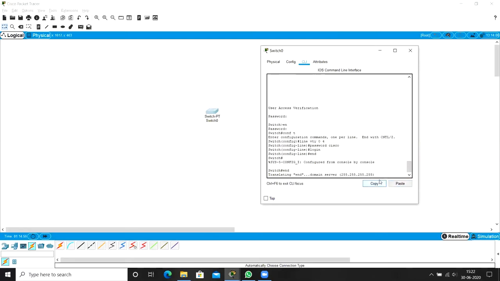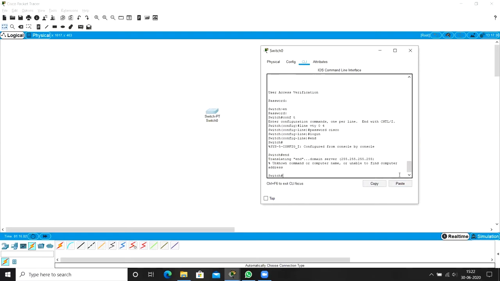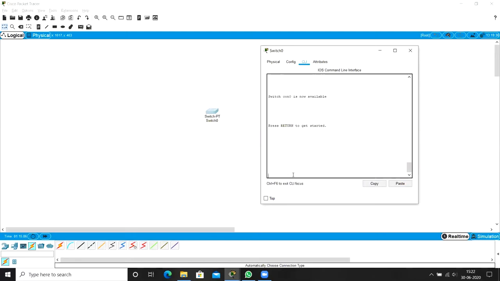Whenever you make a mistake, a wrong command given in a different, wrong mode, it will take some time to come back. So this is exit. Okay, here, what is the password? Cisco. Good. So enable. Fine. So class. Okay, now fine. I couldn't show this remote login now, but anyhow it will be applicable. So this is how it is.